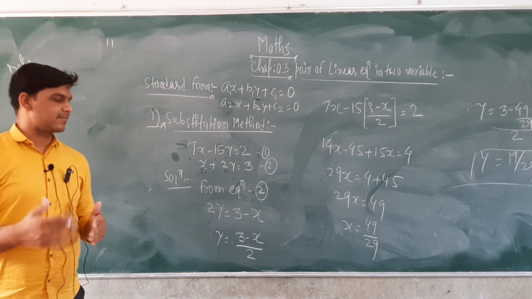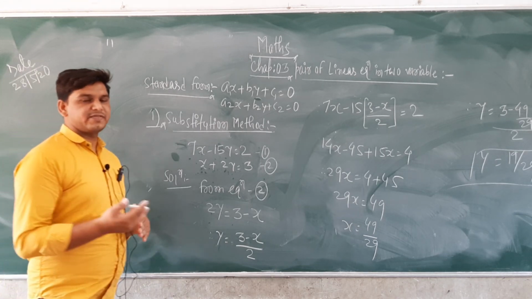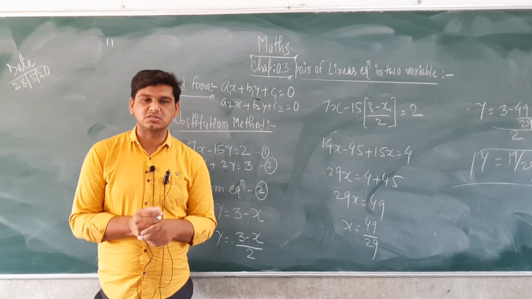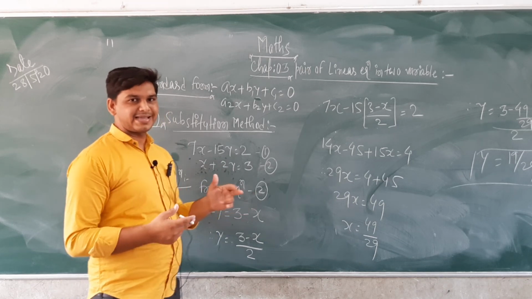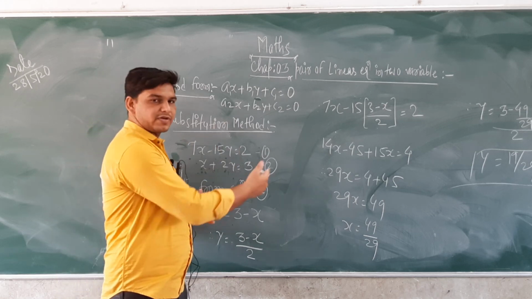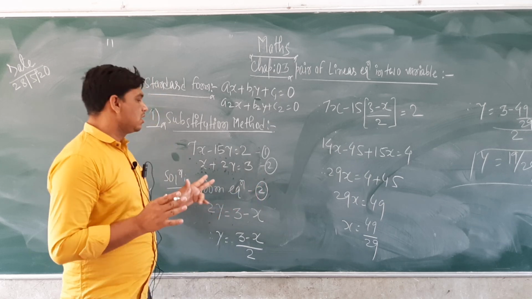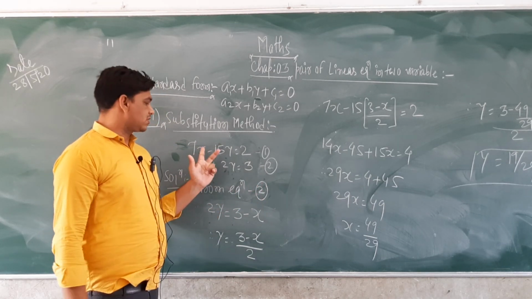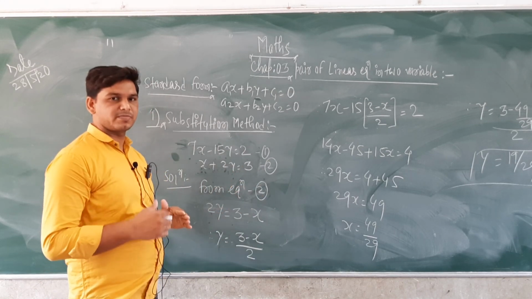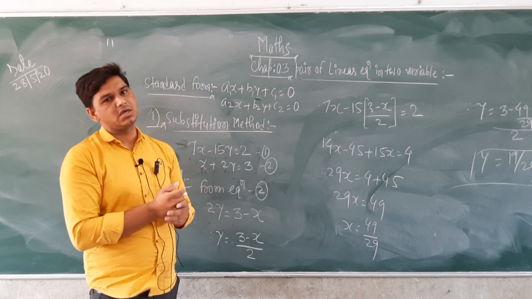So this is the method by which we can solve the equation by the substitution method. In the next class when we meet, we will discuss more about this type of question, how generally we can eliminate. Later on we can also take the value of 7x or 15y, and we will get the same answer. If you want to practice these questions, you take 7x and 15y individually and solve, and you will get the same answer. That is called the substitution method, where we replace the value from any one equation and apply it into the other equation.